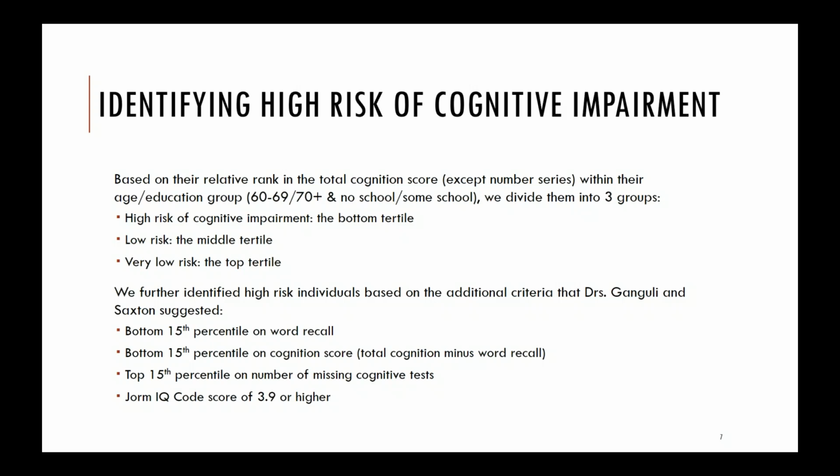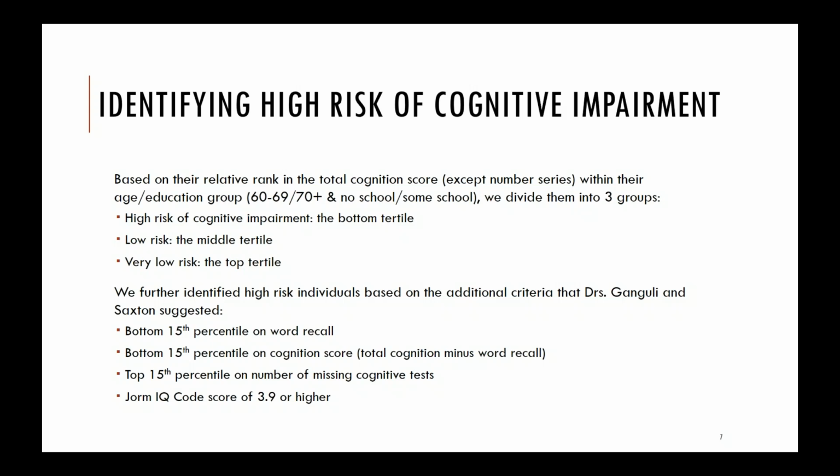We used the Jorm IQCODE test. So when we are trying to identify the risk of cognitive impairment, we base our judgment upon their total cognition scores. And then we look at both memory domain specific performance and non-memory domain specific performance. So to reiterate, we divided total cognition score into 3 groups, but we did that relative to their age and education group, because age is the most important risk factor of cognitive performance in later life,